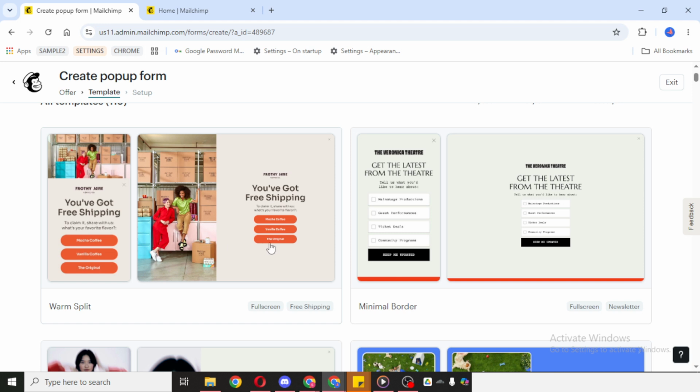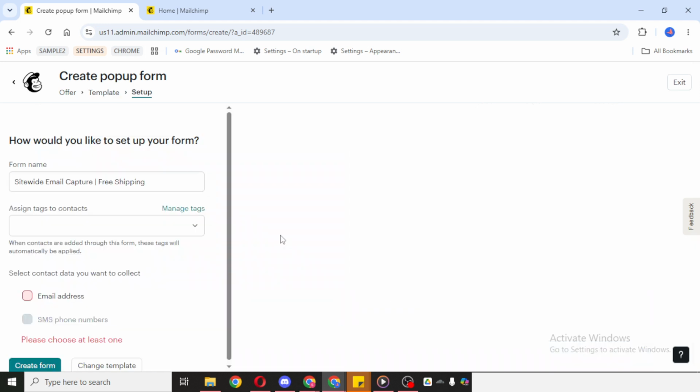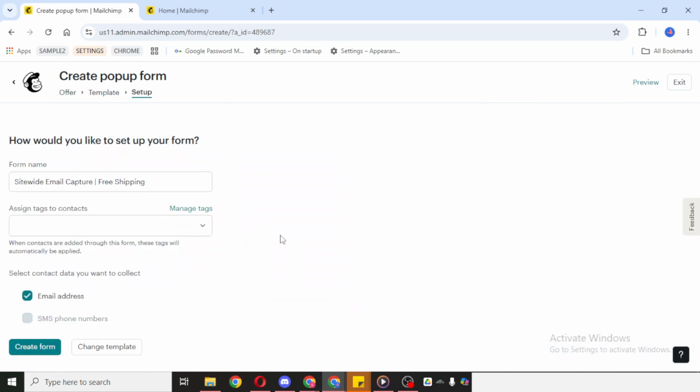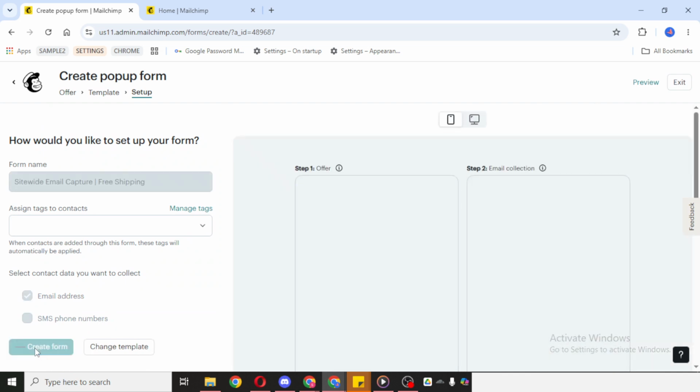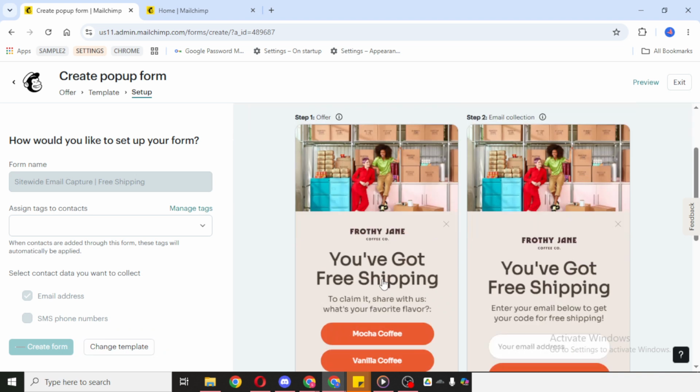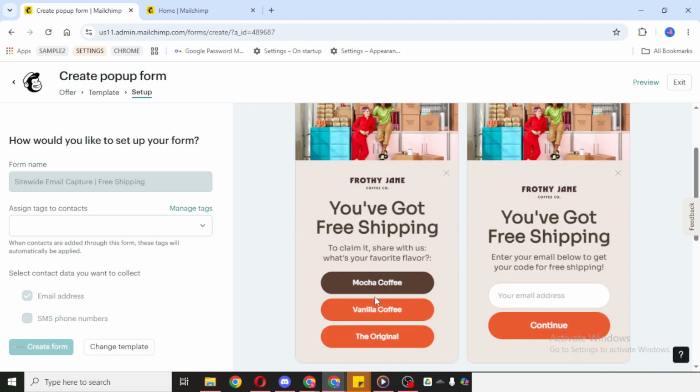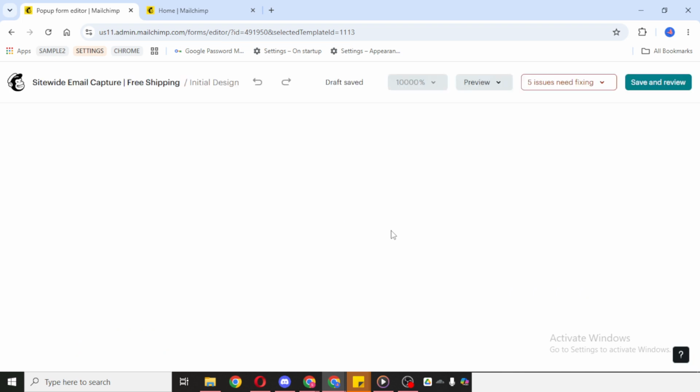You can adjust the text, update colors, change fonts, swap images if the template includes them, and fine-tune the overall style so it matches your website or brand identity. As you customize, focus on keeping the design clear and easy to read. A pop-up form usually works best when it feels simple, visually appealing, and not overcrowded.